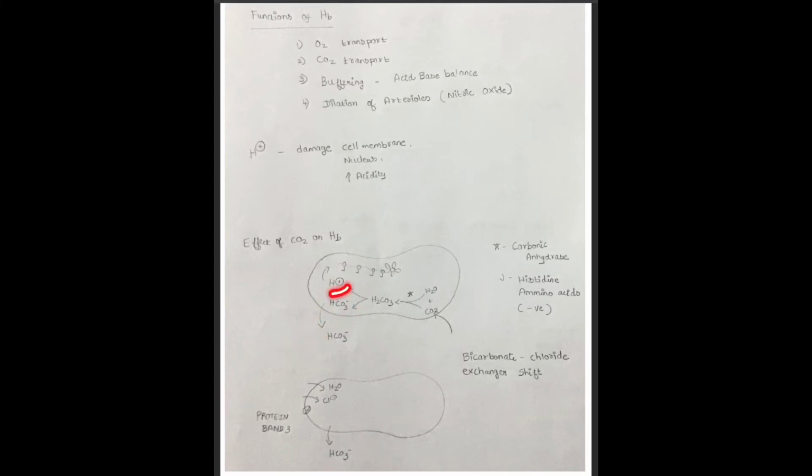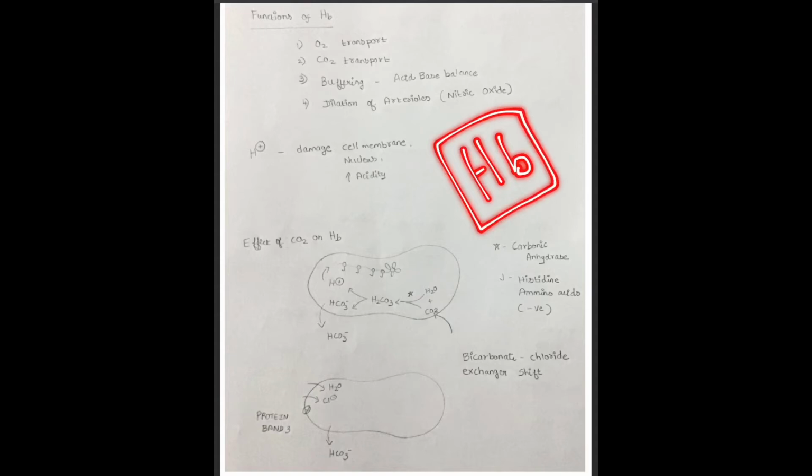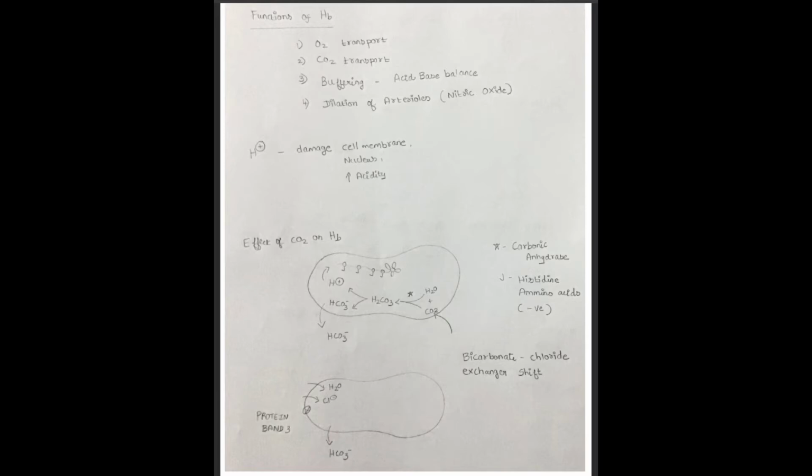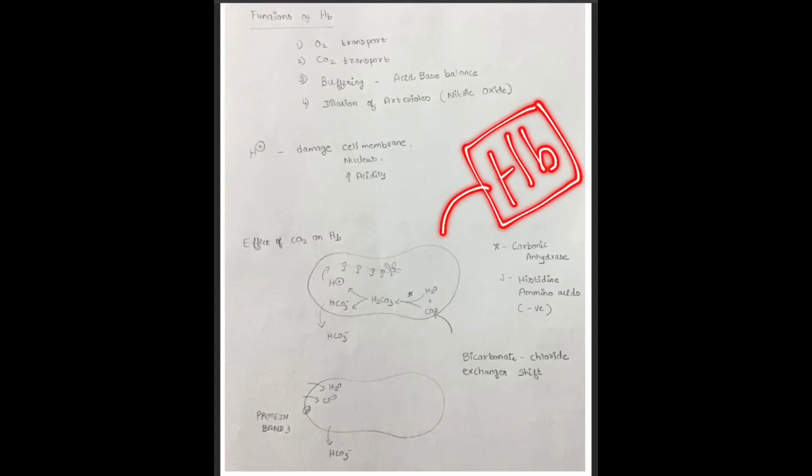Now this hydrogen ion, we will discuss about the hydrogen ion. We have discussed already that the hemoglobin molecule, if it circulates freely in the blood in the body, is a highly toxic molecule and it can damage the nephrons in the kidney, and also it can cause damage to other parts of the body. So the hemoglobin is naturally bound within the RBC, so it will not cause damage.